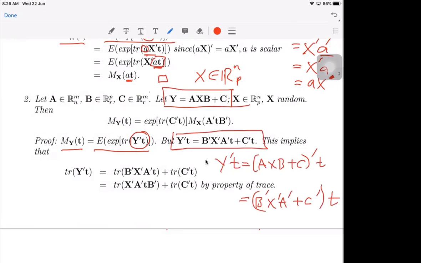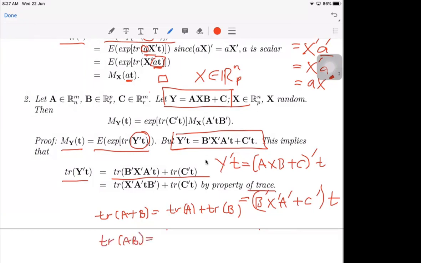Okay, so this implies that if we get the trace of y prime t, that will be the trace of a plus b. One property is that it is equal to the trace of a plus the trace of b. So you apply that property here, and you have that. And then again, using the property of a trace, actually what is used here is the trace of AB is equal to the trace of BA,